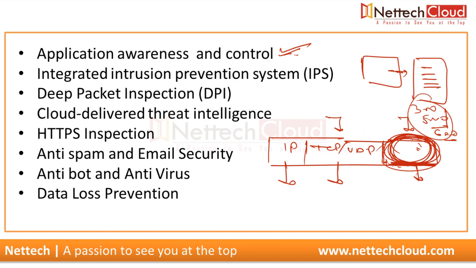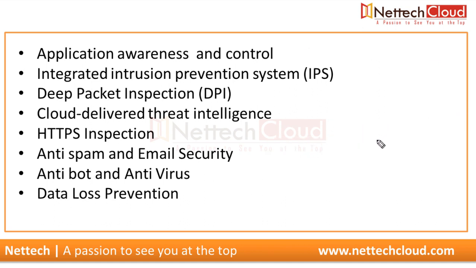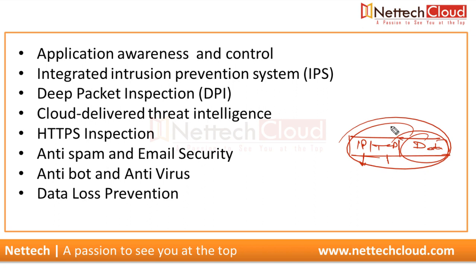Tunneling means, in very simple words, if I explain, for example, let's say there is a data packet here, and then TCP and then IP. Even this packet can be further encapsulated inside another protocol. For example, you must be aware of GRE, a Cisco implementation, generic routing encapsulation. So the packet can be further encapsulated inside GRE and a new IP header is added to it, right?